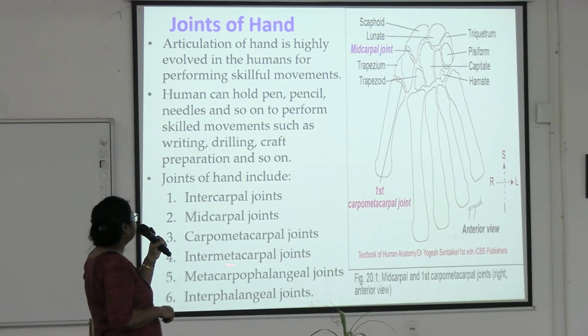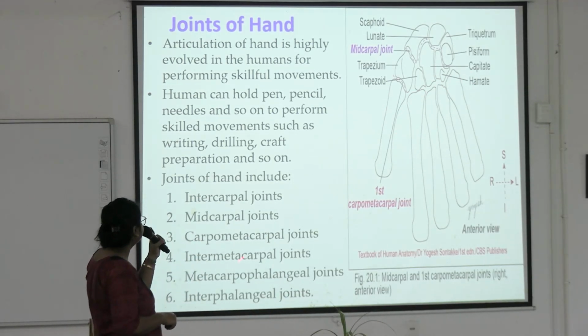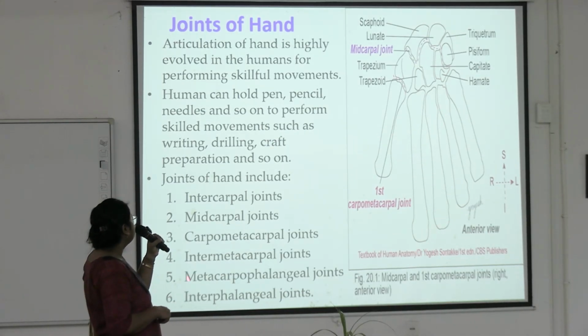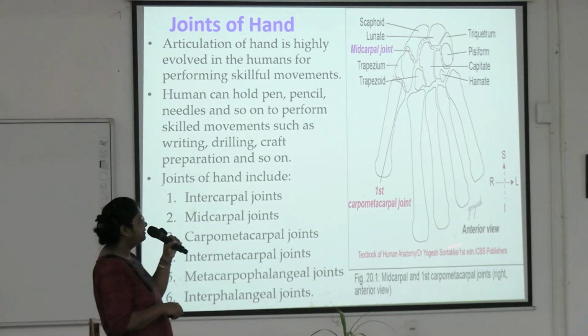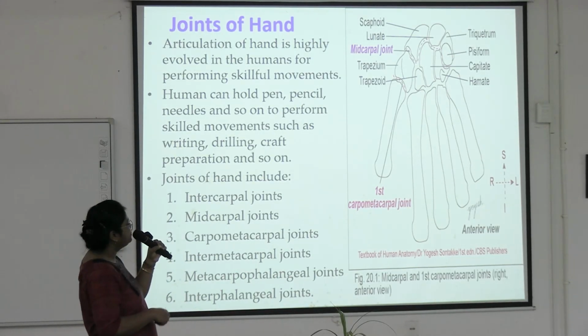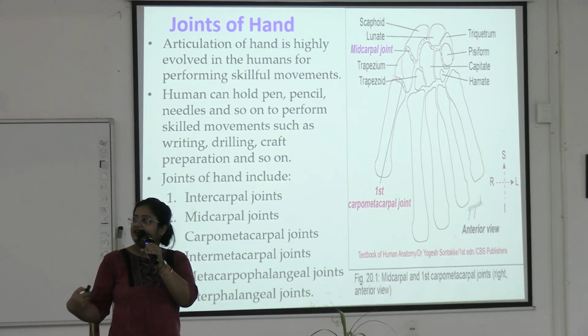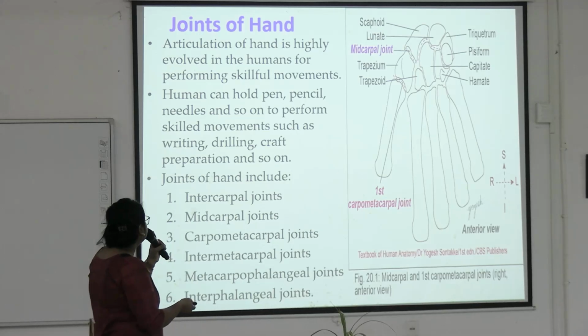And intermetacarpal joints, these lateral four and medial four metacarpals form joints with each other near the base, that is the intermetacarpal joint. And the metacarpophalangeal joint occurs near the head of the metacarpals with the proximal phalanx, and the interphalangeal joint is in between the phalanges, proximal, middle and distal phalanges. Next,